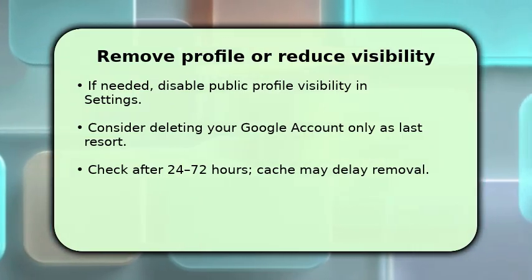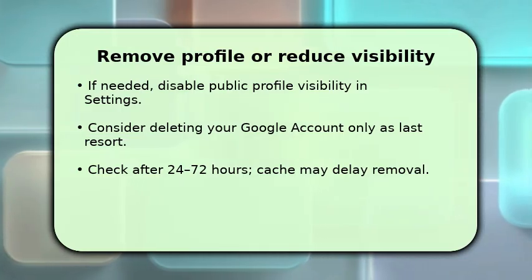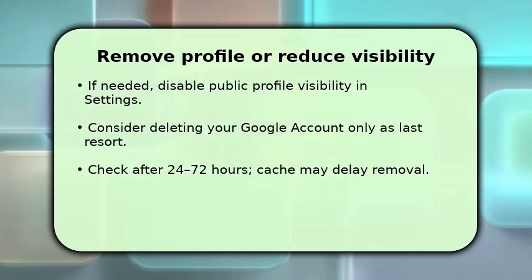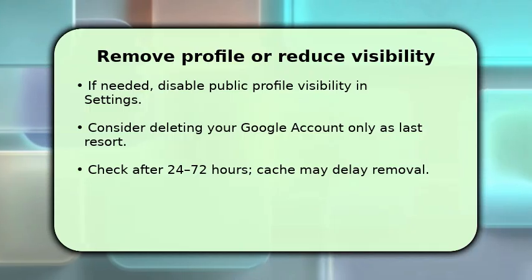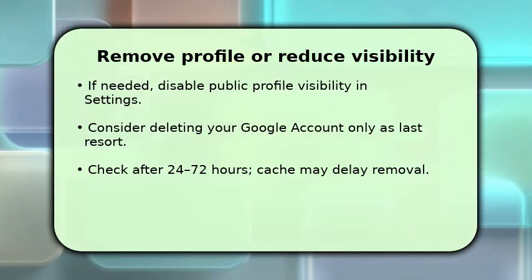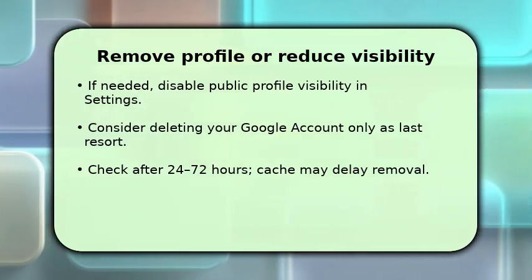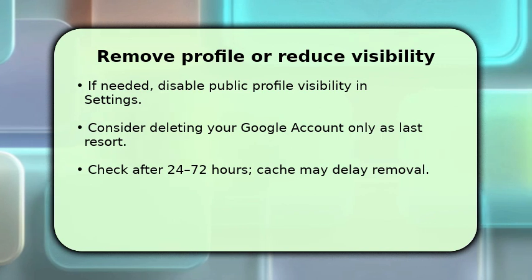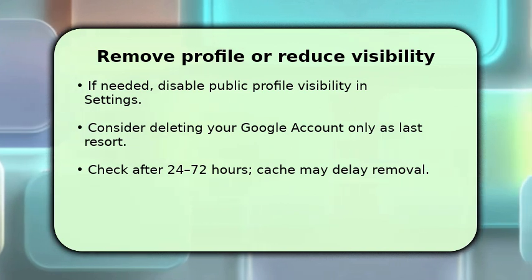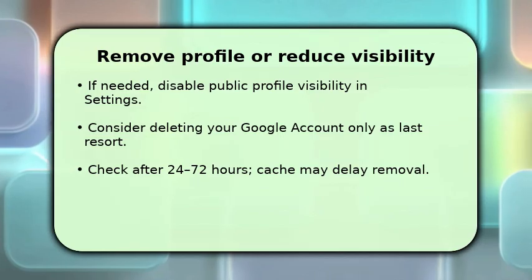Once you disable visibility or delete content, verify changes by viewing your profile in an incognito window. If you don't see the result immediately, wait 24 to 72 hours because caching and indexing can delay updates. Troubleshooting tip: if items persist,